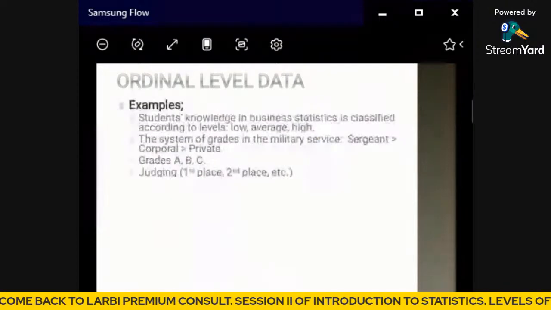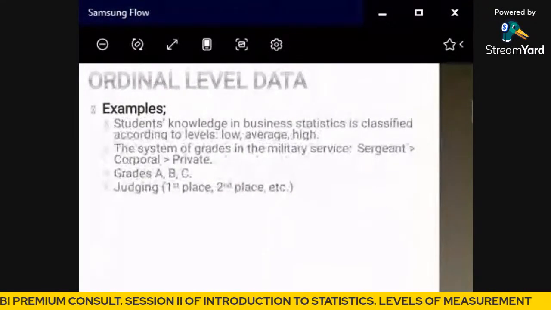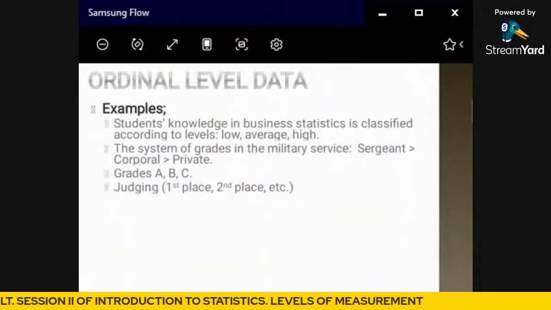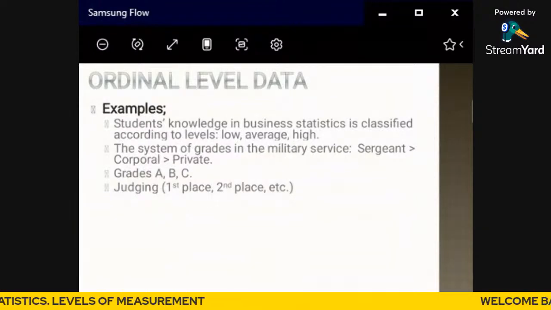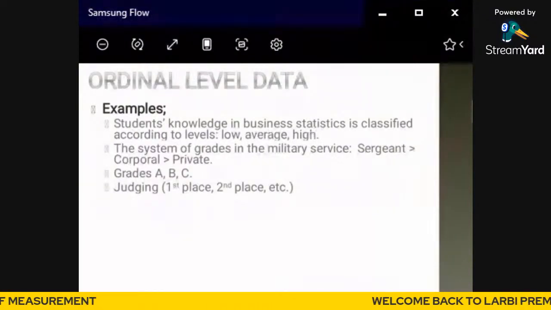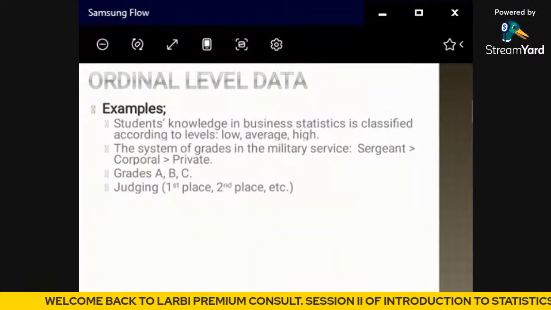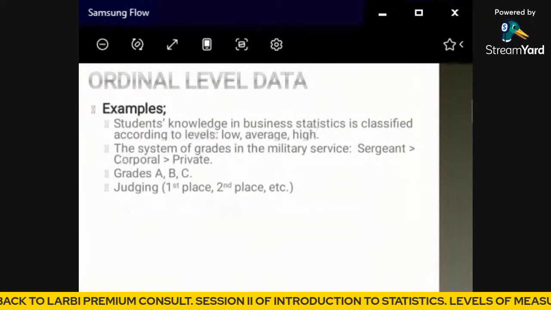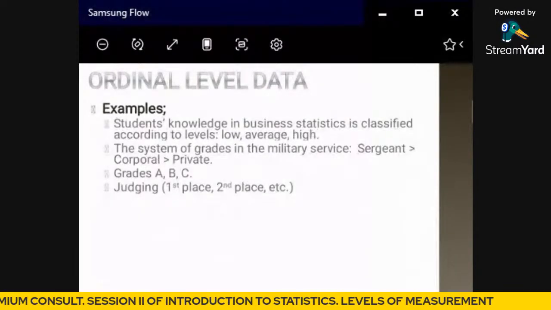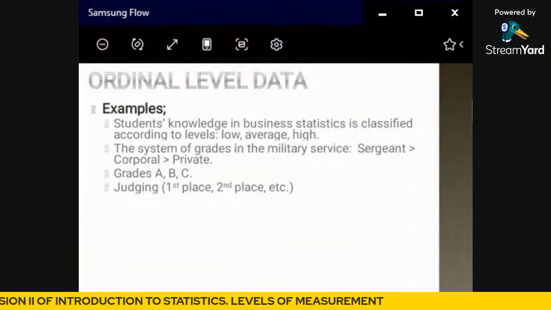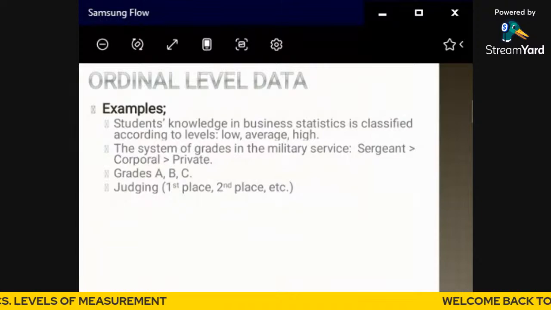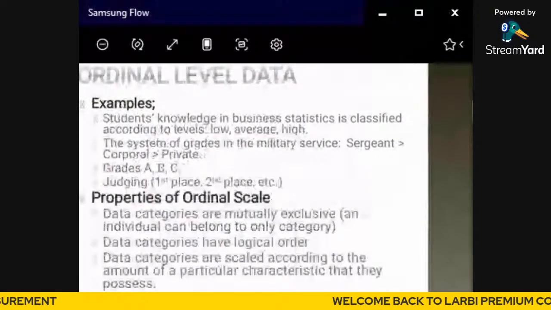we also have a system of grades used in the military. We have sergeant and corporal. So these are titles that are arranged in order of rank. And you also have grades A, B, C, and others. So when it comes to the ordinary level, there is ranking. But the limitation I've already indicated is that the ordinary level of measurement doesn't take into account the distance or magnitude between one set of data and another, and